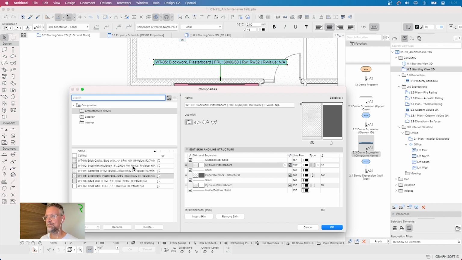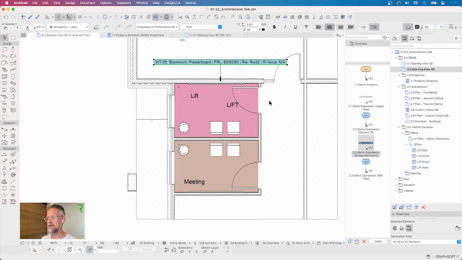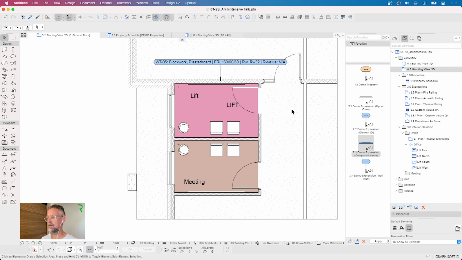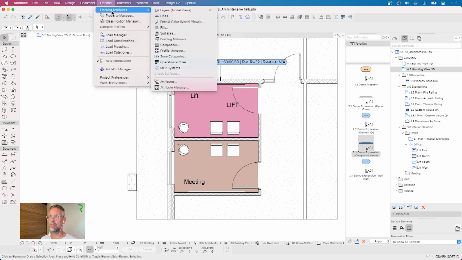Okay. So is there a way that we can get perhaps that code off the front end and put it into a property? Well, let's have a look. That's where expressions come in. Okay, so let's have a look at how we might be able to do that. If we go into our properties here